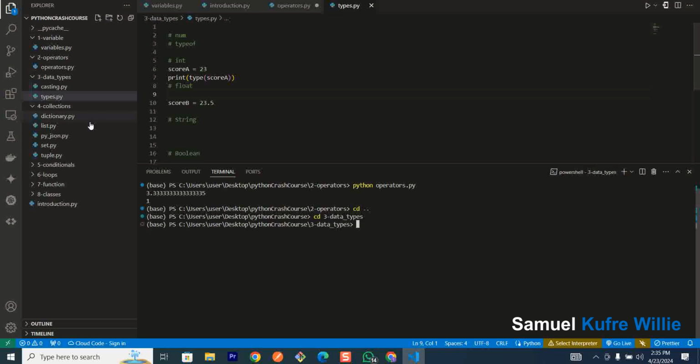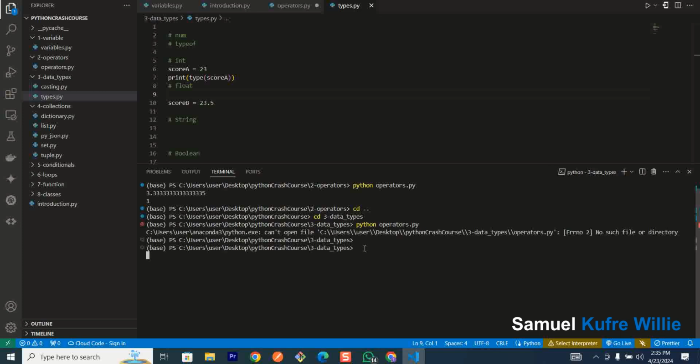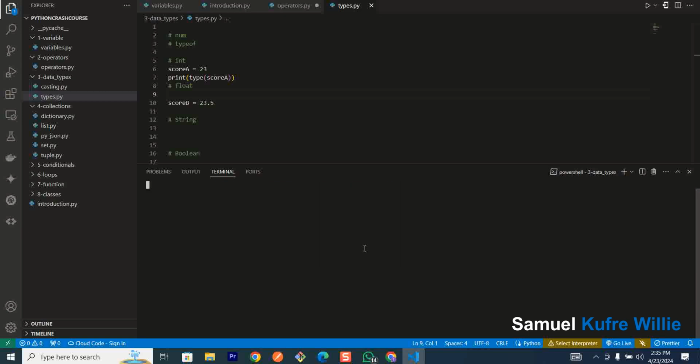So inside this data type folder, we can now run, sorry please, I think I made a little mistake. So I'm going to clear this terminal. Then I want to run python types.py. Okay, so python types.py,